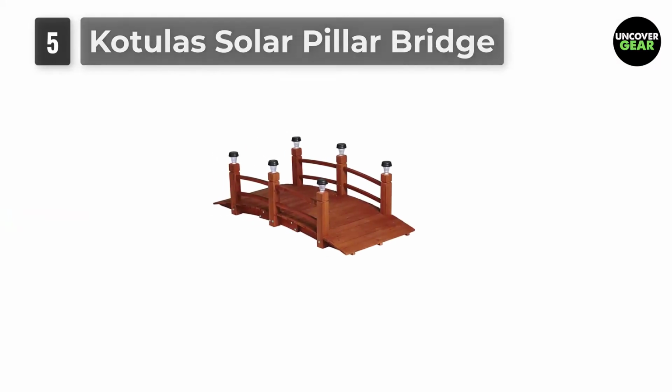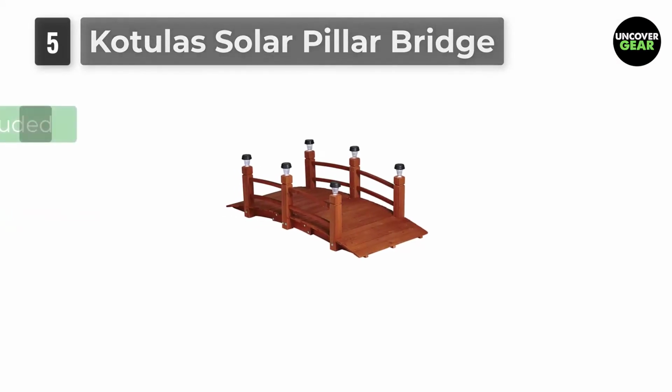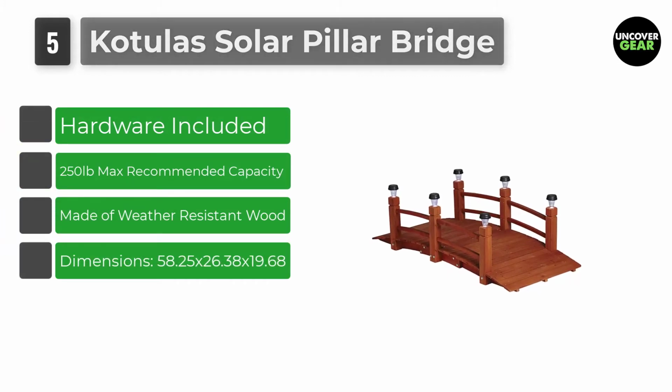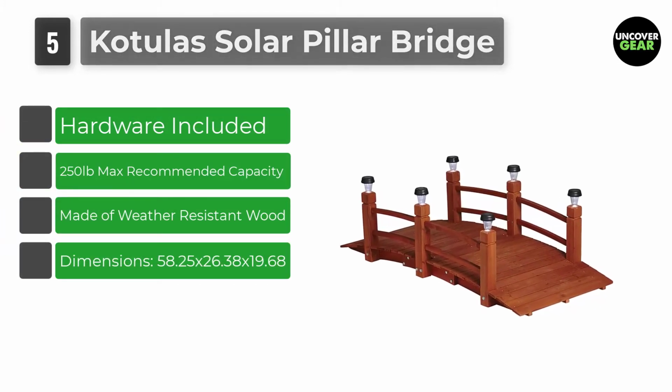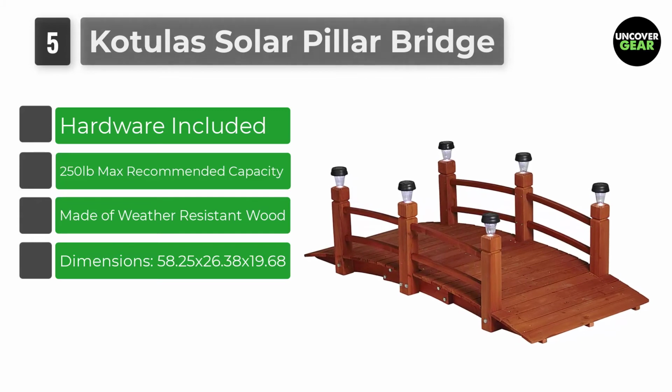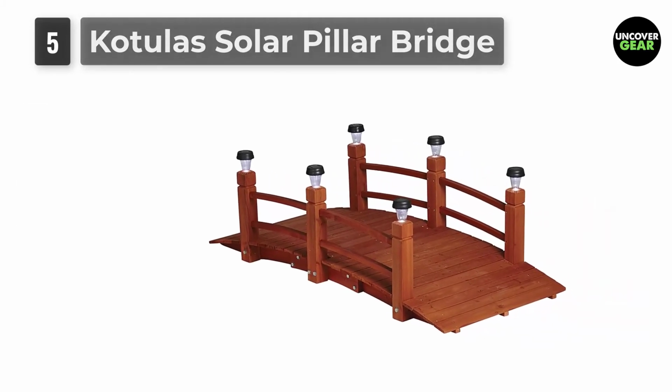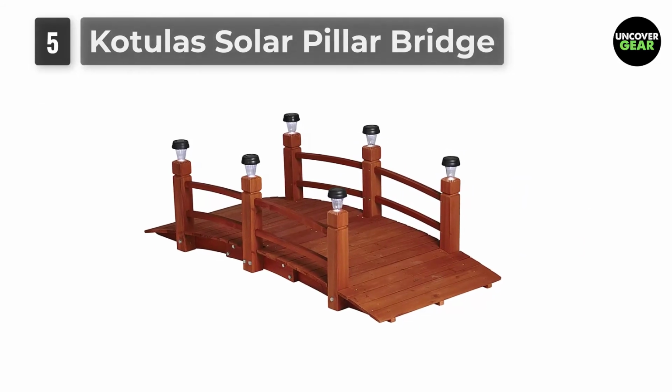Number 5. Kotulas Solar Pillar Bridge. We don't really know much about this garden bridge, but we would try as much as possible to evaluate this product from our observations. The Kotulas Solar Pillar Bridge is a 4-foot bridge whose exclusive structure will transform the